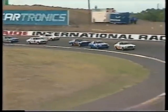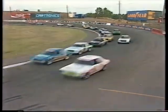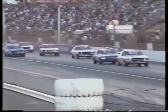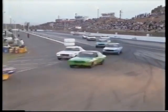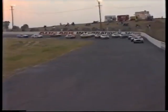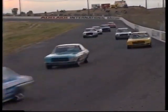I just love the way they swarm through there, 5 abreast, and then they all manage to get down into 2 abreast halfway through the turn. Well, these guys are daredevils to the extreme. Wicks has Harding pressing him. Scott Walker's not too far behind. John Spencer is in there as well. John Agosta and Robert Wright. A whole lot more, but Wicks in the Butch Jones Racing Dyno Power car doing a great job out in